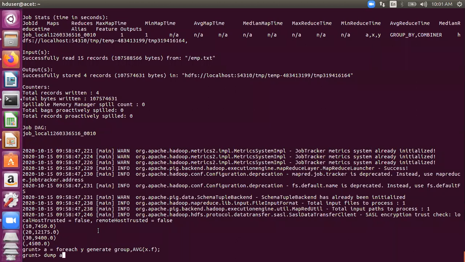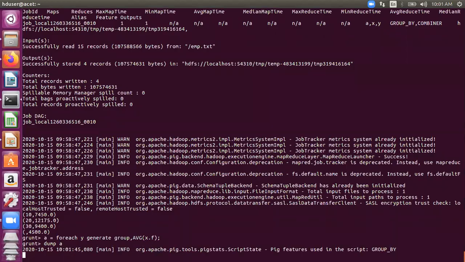Actually, what I want to ask all of you is, if there are some people who don't get salary, how does it affect the average? They will not be counted. Okay, so if, say, in department 20, just for example, there are 6 people, 4 of them are getting salaries, then the average would be calculated by dividing the sum by 4 and not by 6. That is what I want to tell you.